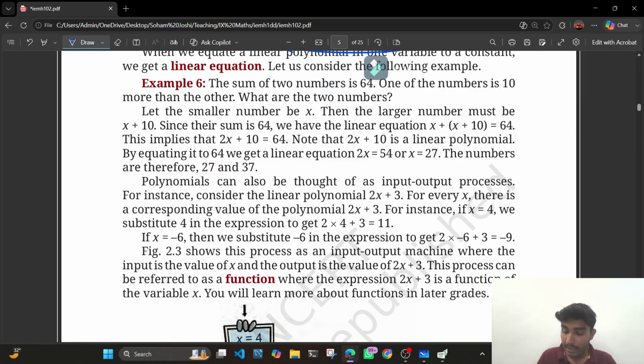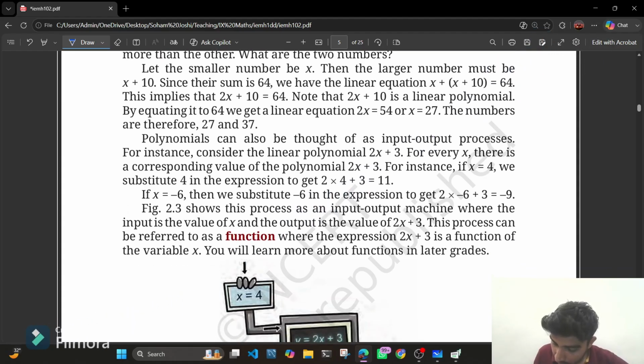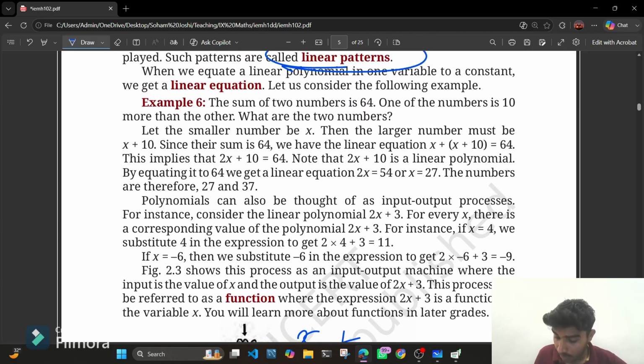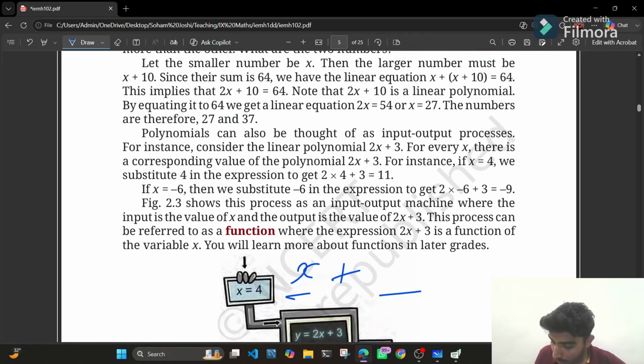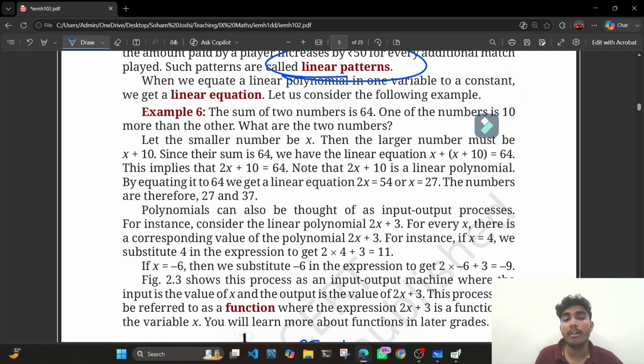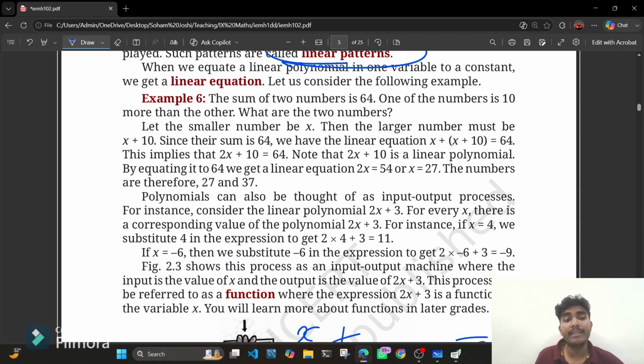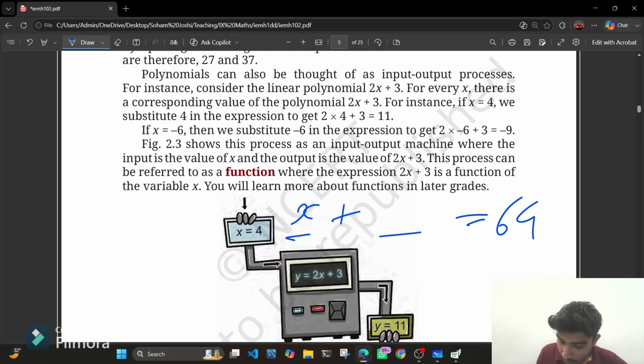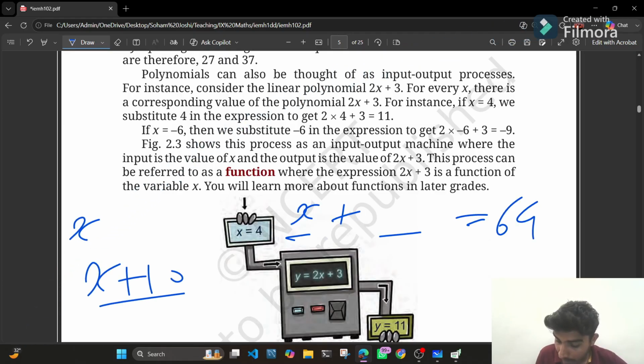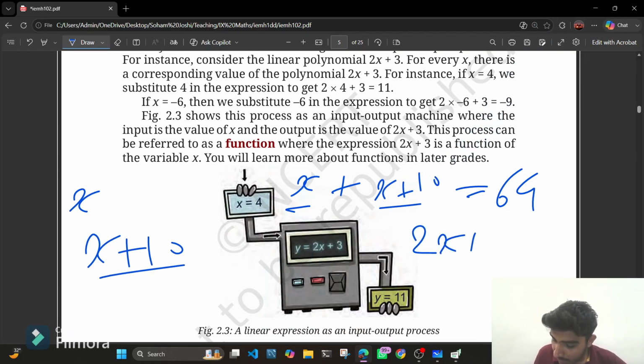यहाँ पे भी we can see that the sum of two numbers is 64, one of the numbers is 10 more than the other। मान लो मैंने number one, पहला number consider किया as x। ठीक है, मैंने x मान लिया, ओके। मुझे बताया गया है the sum of two numbers is 64। तो दूसरा number क्या है वो ढूंढना पड़ेगा। मुझे question में condition दिया हुआ है one of the numbers is 10 more than the other। मतलब अगर मेरा एक number x है तो दूसरा number मेरा 10 ज्यादा है उससे, मतलब x + 10 है वो number मेरा, राइट? So I can write it as x + 10।